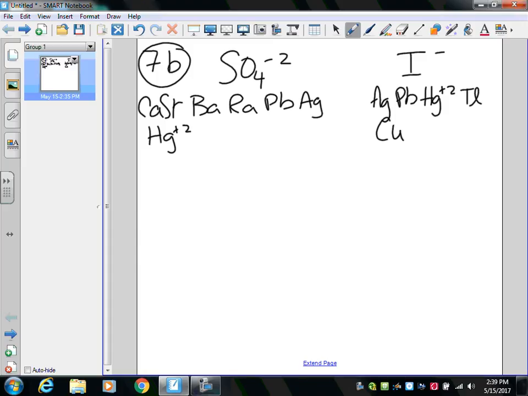Okay, that's it? Yep. Okay, so then what I would look for are ones that are common across the two, because I can't use them, right? Because if I use silver with sulfate, silver will also make it for iodide. It'll precipitate out, right? So therefore I'm just going to cross them out. So my silvers I can't use, my Pb or lead I can't, Hg I can't, then I'm left with some